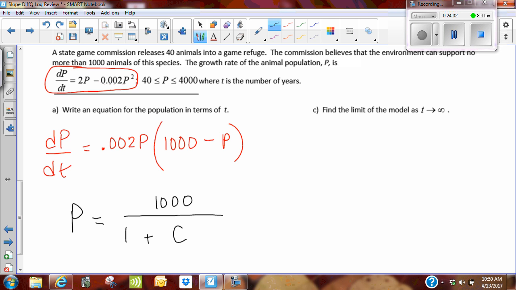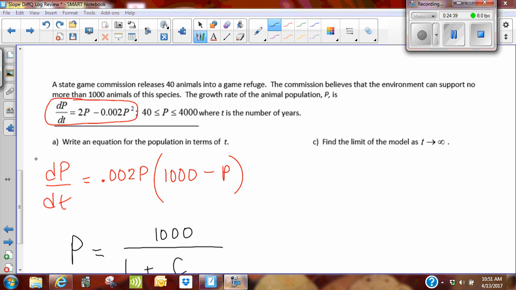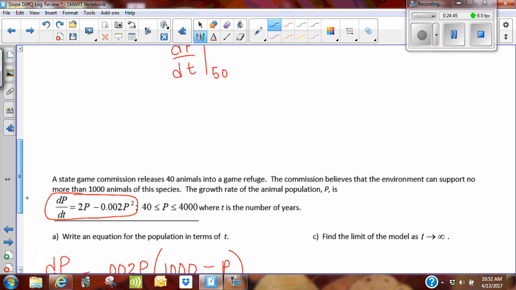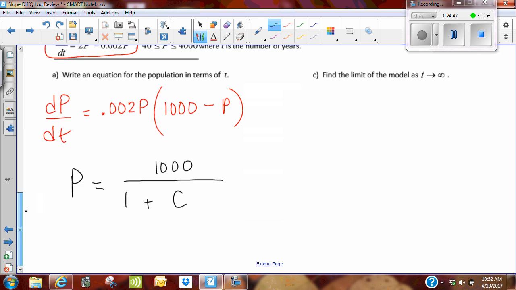But on logistic, that's not always going to be the initial condition. You have to solve for it. Oh, that is a good question. On a situation like up here, like on this guy, then yes, that would have been your C. But C is not defined as our initial condition for logistics. Because if you keep going here, you've got 1 plus C e to the negative